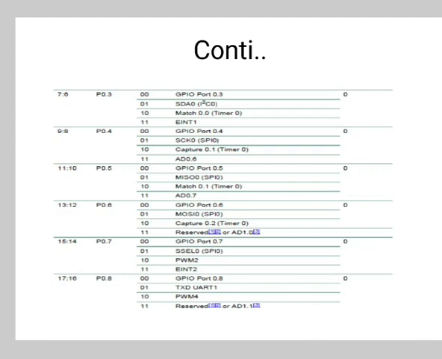We will see bits 15:14 here. For 00 it is GPIO port 0.7, for 01 it is SSEL0 SPI0, for 10 it is PWM2 and for 11 it is EINT2.